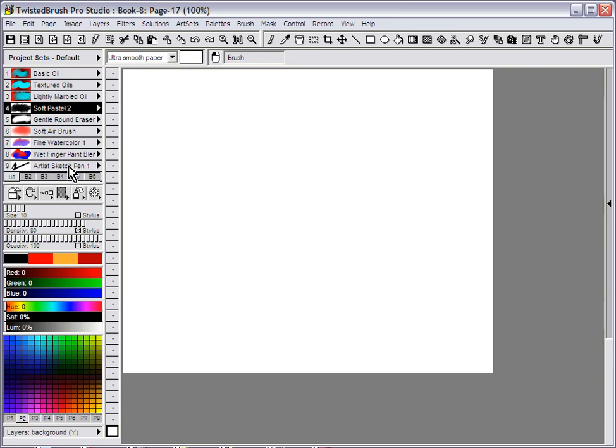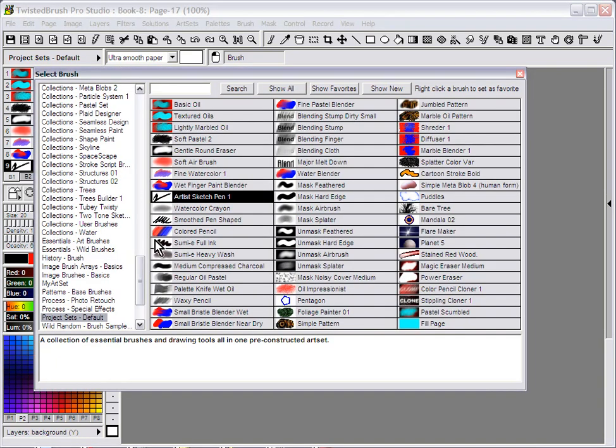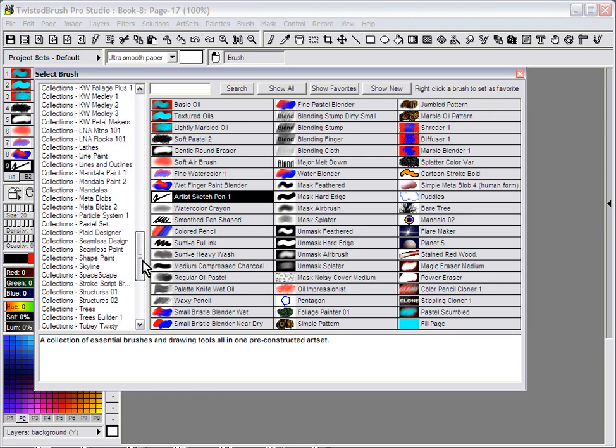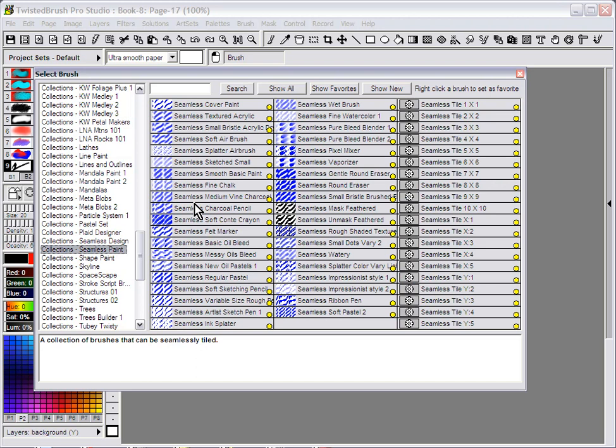Let's go in and select one of the new brushes from the art sets, Collections Seamless Paint. That art set has a series of brushes which will automatically create a seamless pattern, and I'll explain exactly what that means here in just a second. So I'm going to select the Seamless Artist Sketch Pen 1 brush,